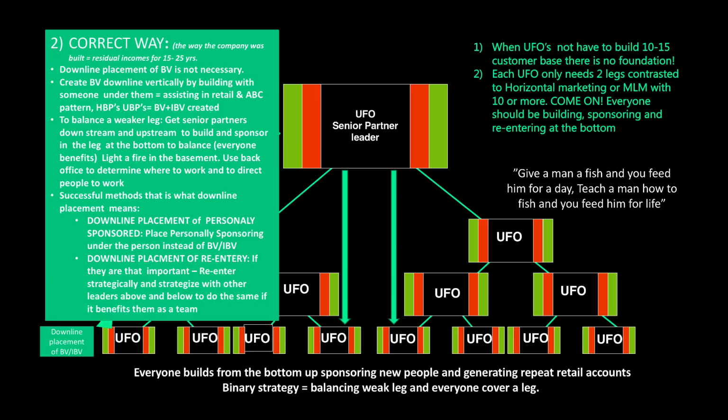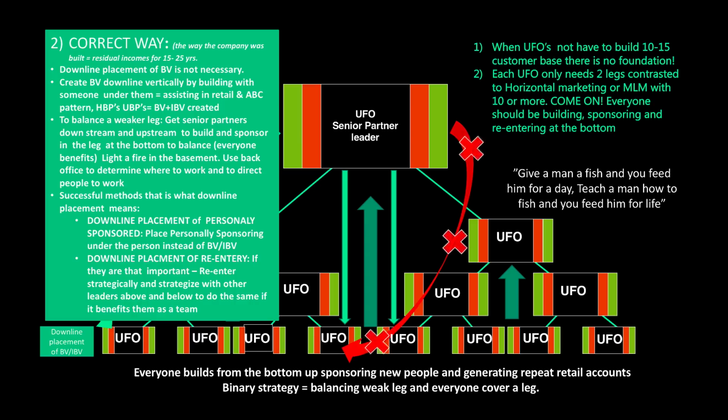Downline placement of re-entry is the ultimate downline placement. So we're building at the bottom level, doing the ABC pattern. People are hitting checks. You max out, then you re-enter and come down and under them to multiply your income, and everybody benefits from it because it regenerates volume over and over again and gives them a solid leg. So, what can I say? I mean, these things are obvious. For some reason, some people have migrated away from them.